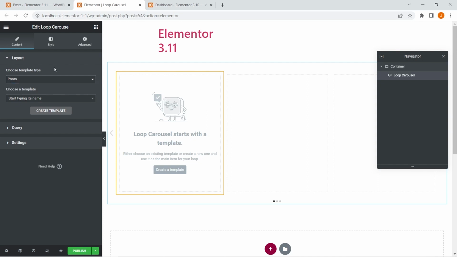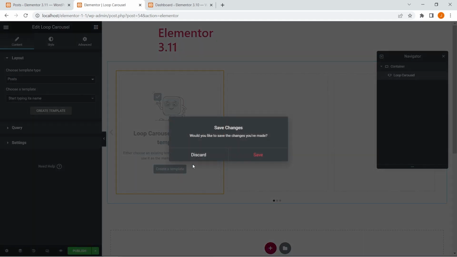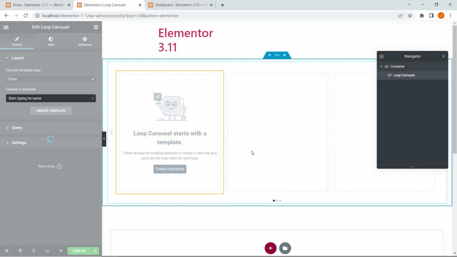Now another thing that you will have to know here is that in case you have created a template for the Loop Grid widget, then you will be able to use that template in Loop Carousel as well. So that will save you a lot of time. If you have already created a template, then you can select it from this drop down right here. For right now, I do not have any templates inside this setup. So what I'm going to do is click create right here, click save,